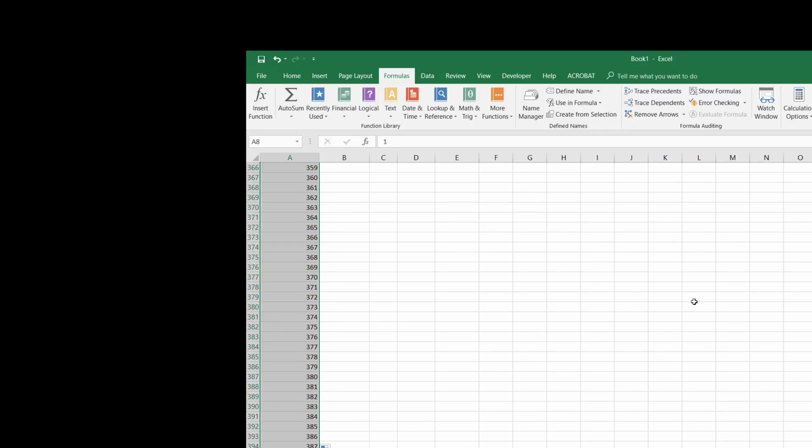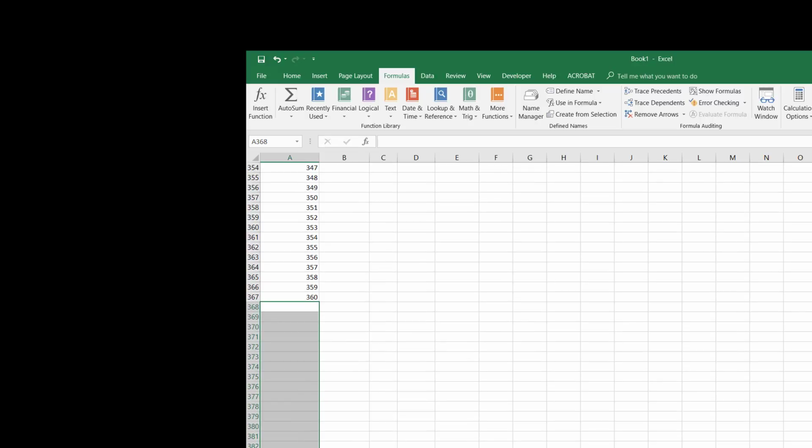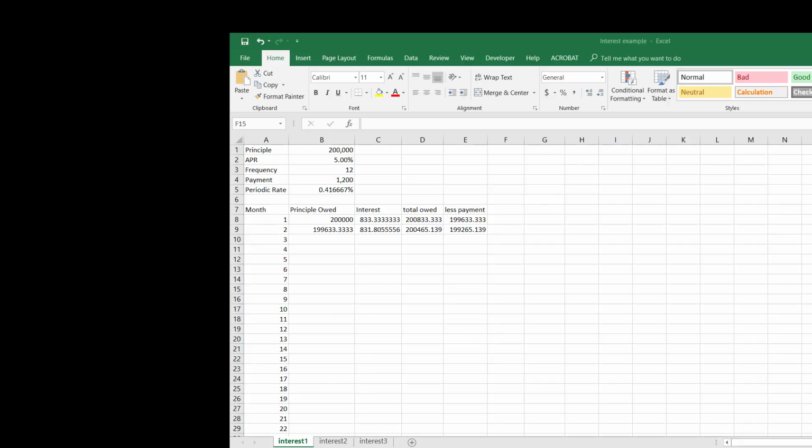Since I filled down too far, I'm just going to highlight the cells that I don't want and hit delete. 360 months is a period equivalent to 30 years. After scrolling back up to the top of the screen, I can see I have the calculations for months 1